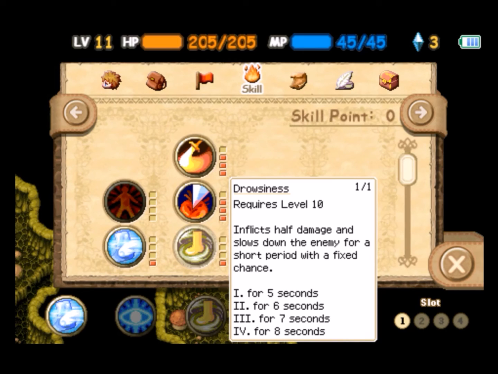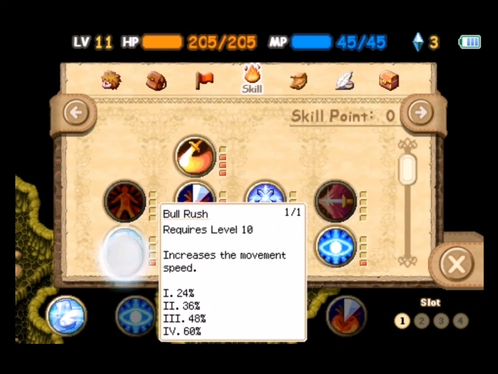It deals half the damage, but slows down the target's movement, depending on the value. Since Volume 1 is just 5 seconds, you'll be slowing your opponents for 5 seconds. This skill gets a rating of 3. Why is 3? Because this skill, being with Bull Rush,